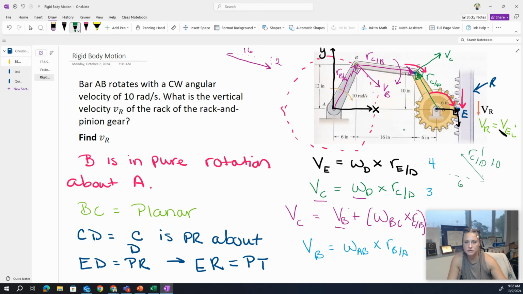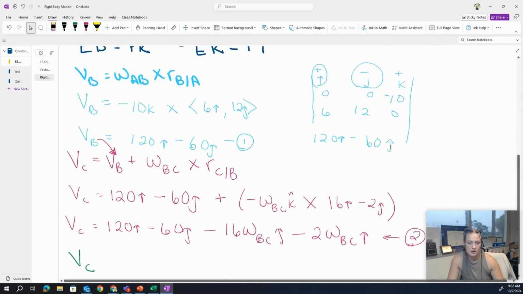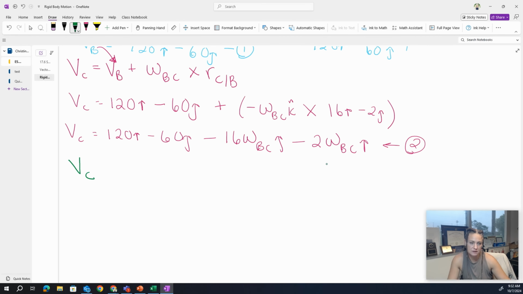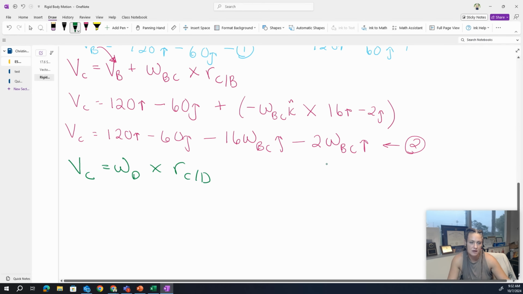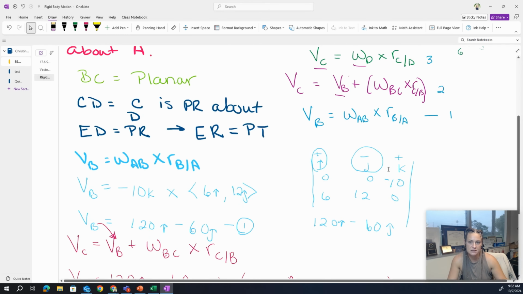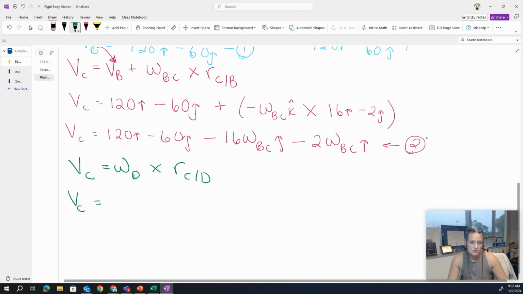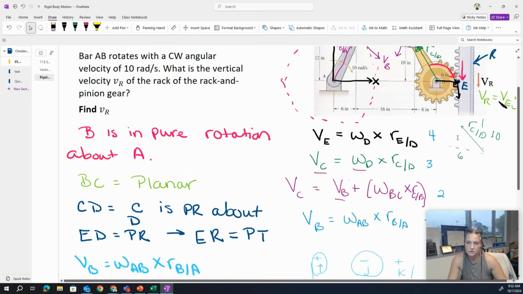C is connected to rigid body BC and CD. C is in pure rotation relative to D. So I'm going to use our equation that we made up here, our pure rotation. So VC equals omega D cross RC with respect to D. VC will equal omega D. Again, we don't know the magnitude, but we do know it is clockwise, so it's clockwise in the K direction, and it is going to be crossed with C with respect to